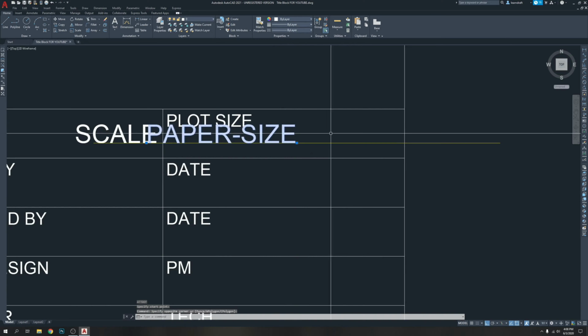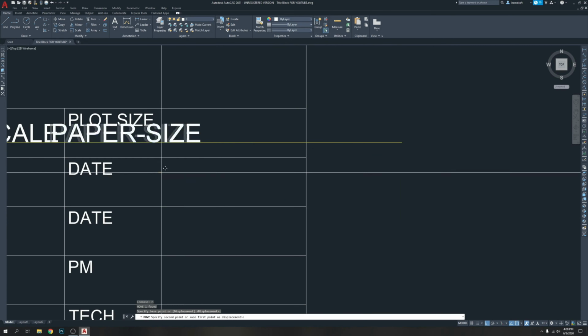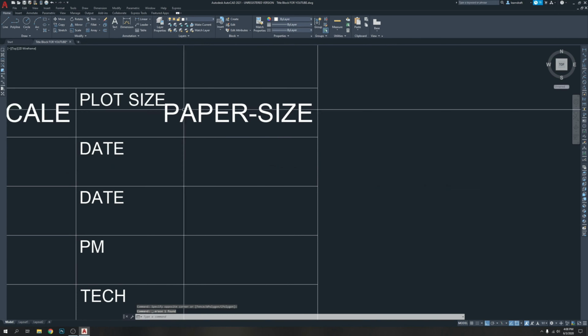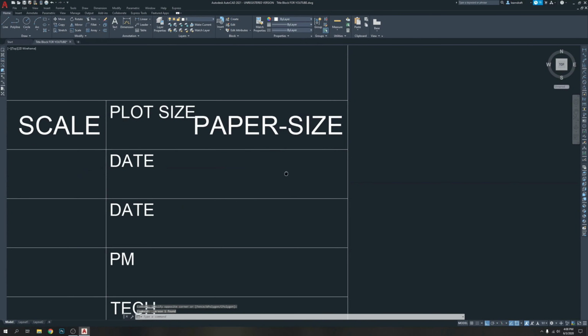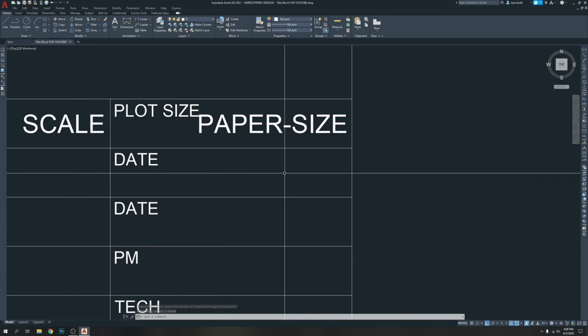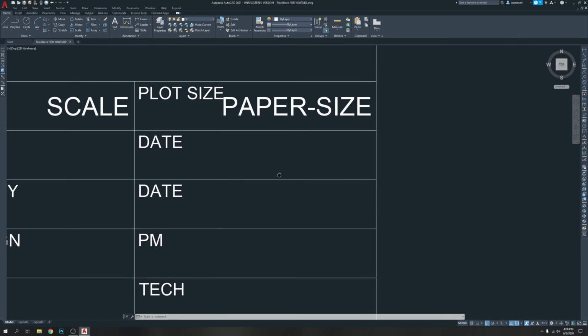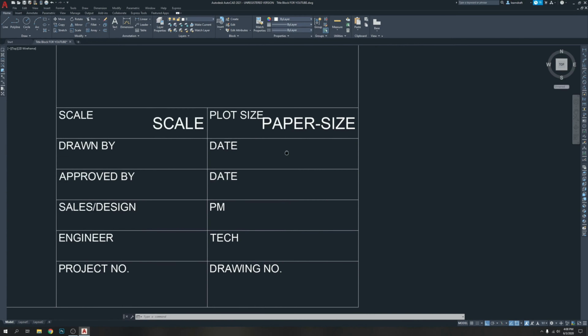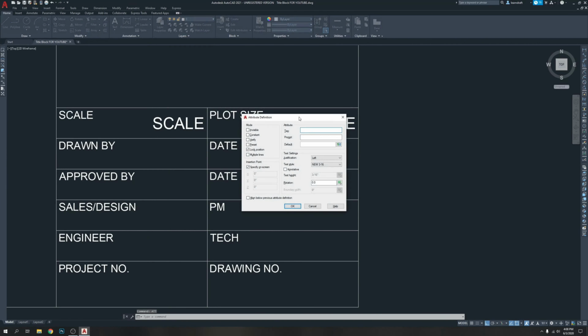So I'm clicking here, then bring it all the way right and select it, delete it. Don't worry, it's touchy. The yellow line, do I need it? Actually I do not. So now I'm gonna create drawn by, which is ATT, enter,